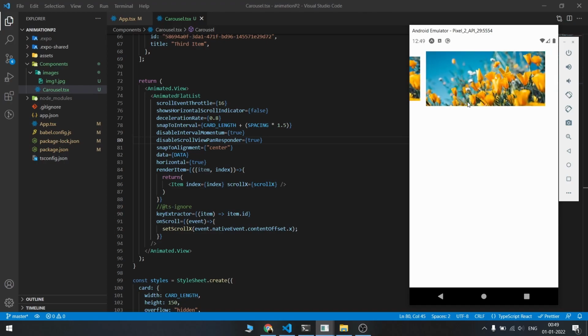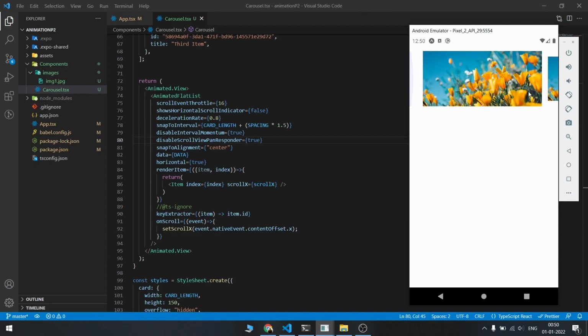Similarly, if we do it like this, it will adjust to the third phase. Also, if we slide really fast to the left, it will kill the momentum and it will just stop at the adjacent slide. It will not go all the way to the left. This is what we want, right?